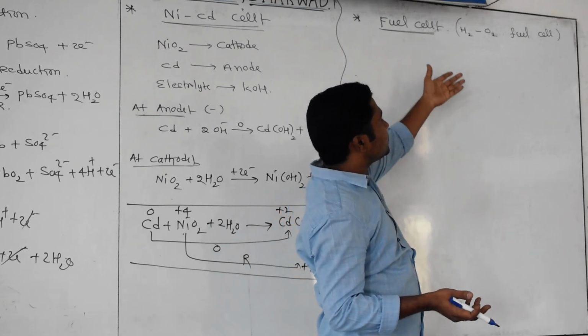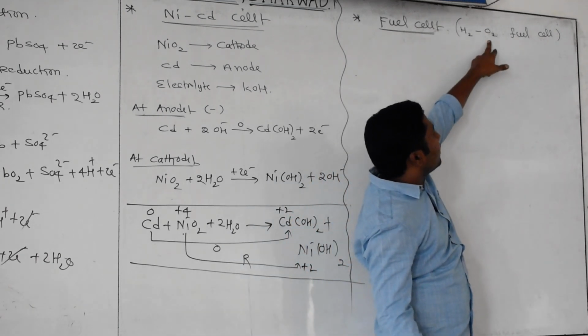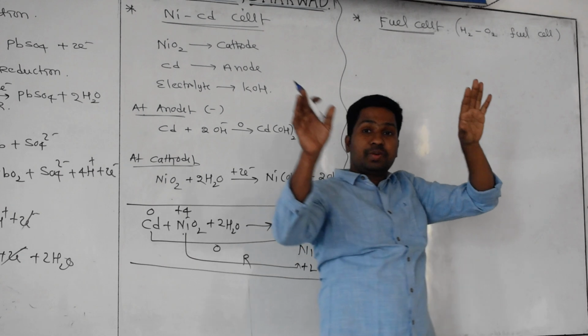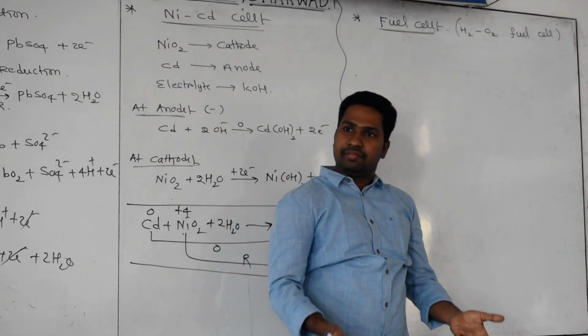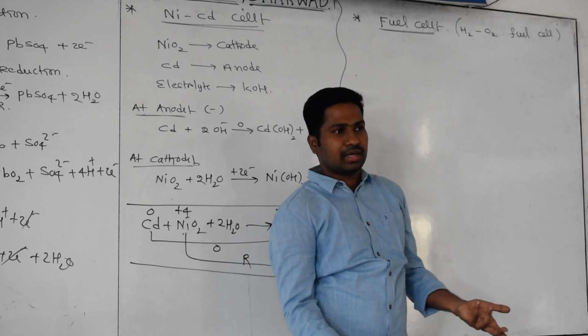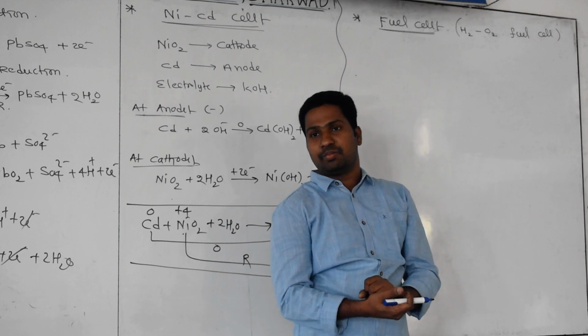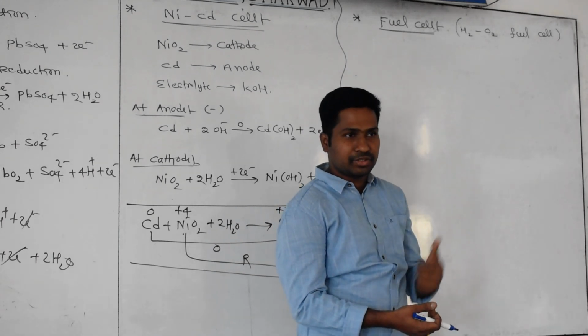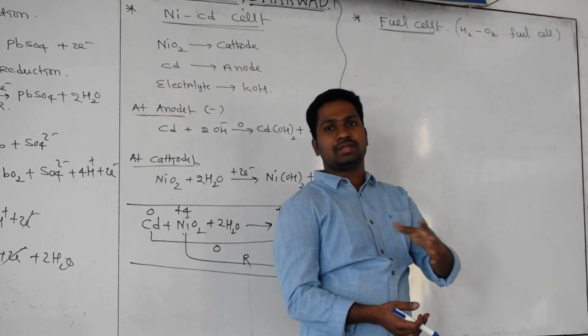But it's a big advantage, but we are not using this one. Why? Because we are taking oxygen from the atmosphere. We are replacing oxygen, which means shortage. At every home we have two bikes, two cars, like that. Everybody using these cells means a shortage of oxygen quantity in the atmosphere. That's why the government is not giving permission for these cells. But it is more efficient and has no pollutants, nothing.